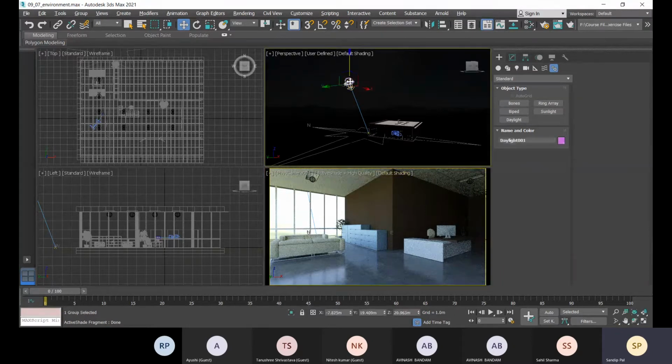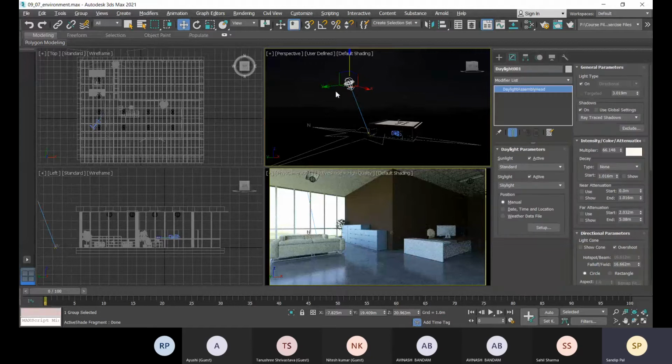All right, so this way, if you choose this manual option, you can change the positions. Okay, and then this sunlight should be active, the skylight. Okay, these things you will get, and this will be selected as skylight, and this will be selected as standard.